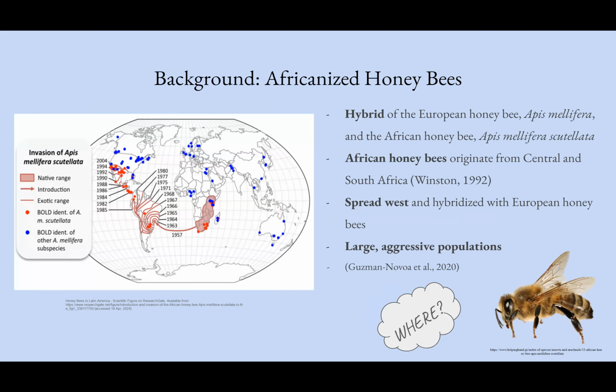Now that we have established a basic background of Apis mellifera, I would like to talk about its hybrid form. Africanized honeybees are not the same as African honeybees. Africanized bees are a hybrid species, the offspring of the Western/European honeybee and the African honeybee, which is native to Central